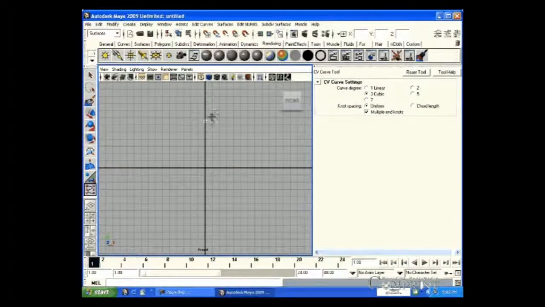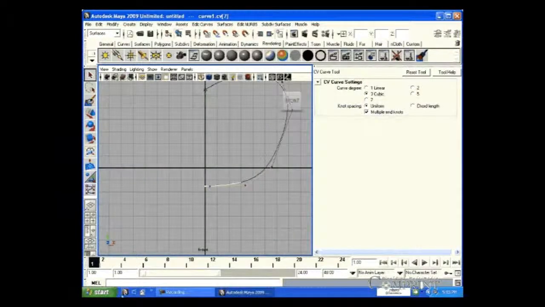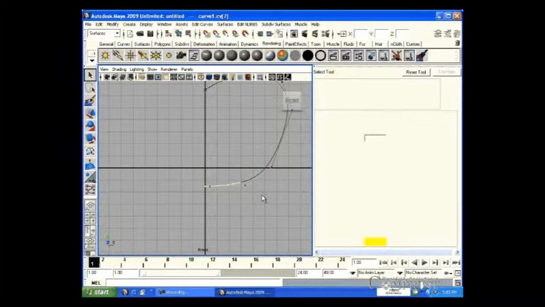We can draw the curve in desired shape like this. To undo the drawing, hit backspace on the keyboard. After achieving the desired shape, hit enter button. Now, to revolve this curve,